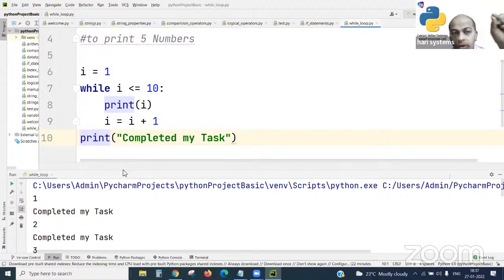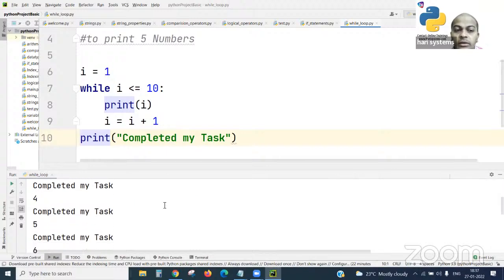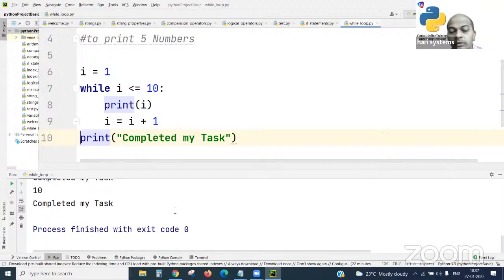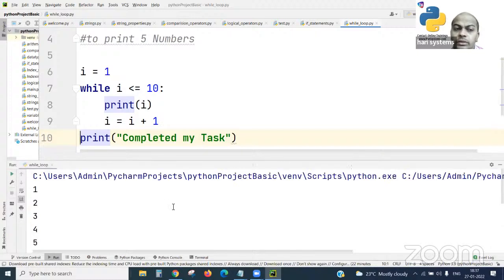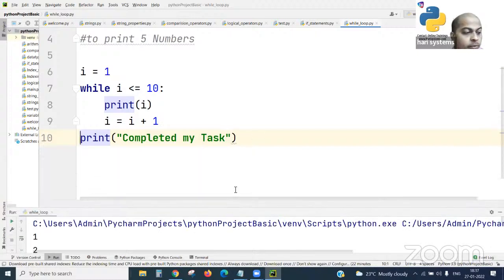If you put it outside, you get this output only once the loop is completed. Otherwise, if it is inside the block, it keeps printing on every iteration. According to your decision, you can put your line where you need and write the statements.